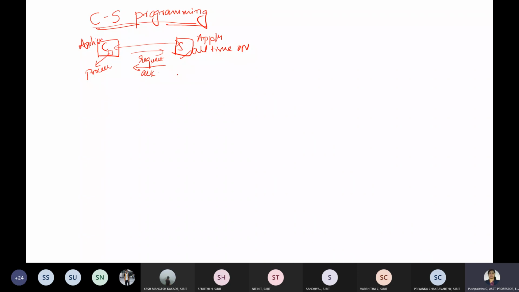I just told you that a client will request and the server will reply when a request has arrived, but the client needs to run only when it is needed. If we have two computers connected to each other, we can run a client process on one of them and a server process on the other.